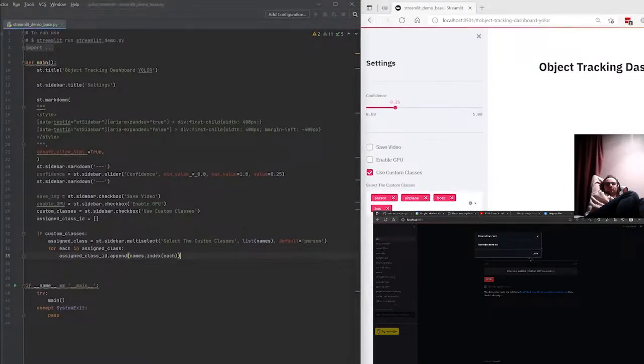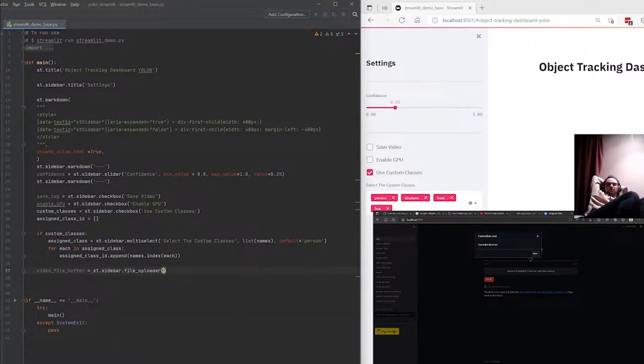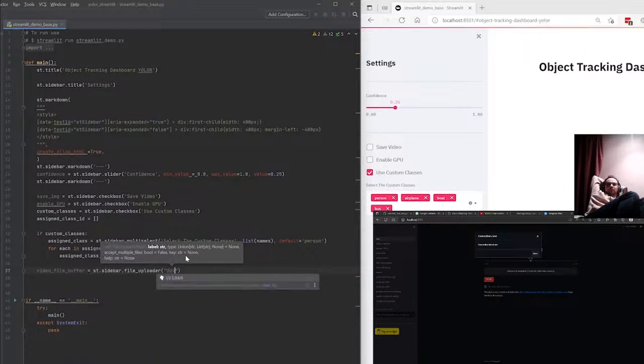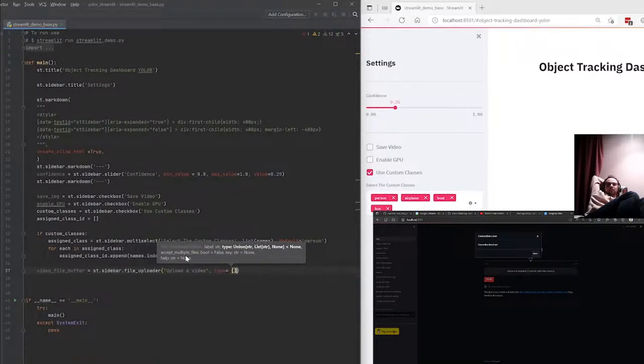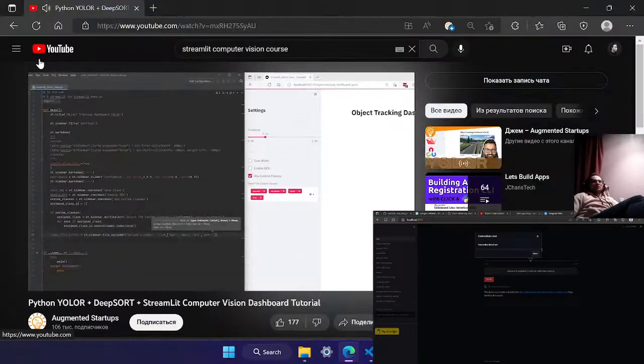So the next thing that we have to do is we need to import our file uploader. So that is video_file_buffer equals sd.sidebar.file_uploader. And this will specify that we need to upload a video. And we want it to be of a specific type. That can be either MP4, MOV, AVI, ASF, and also